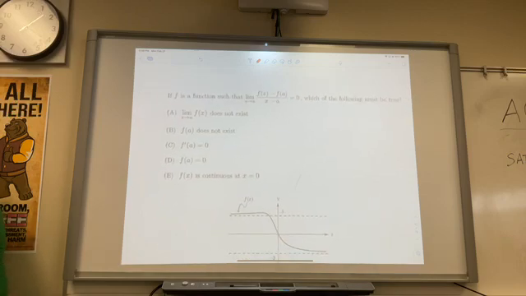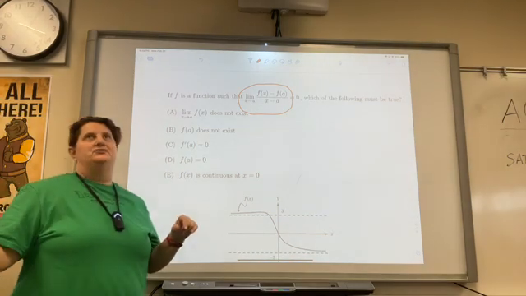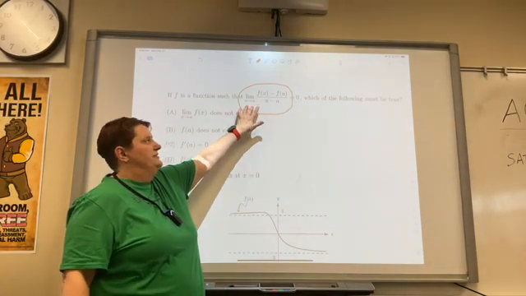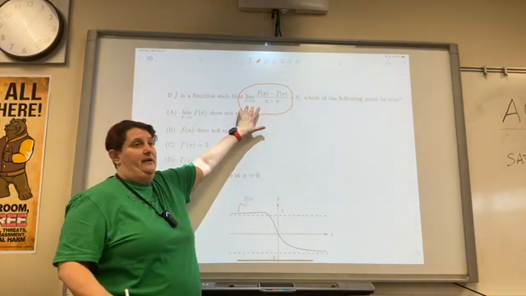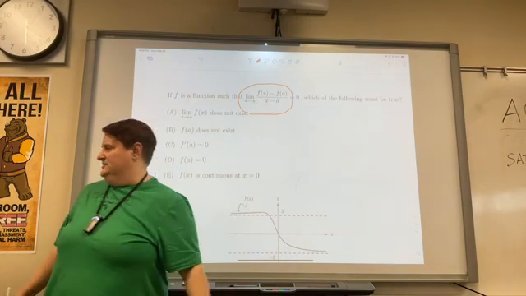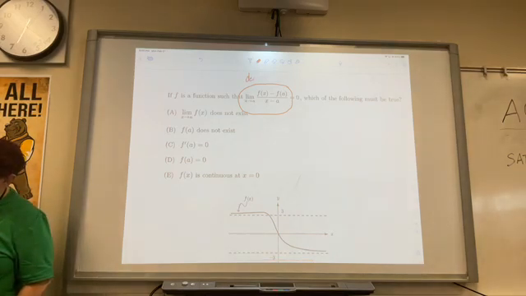Okay, real quick, I keep finding good ones that I want to go over. Look at this one. Again, this is an alternate definition of the derivative form. Instead of going f of x plus h minus f of x over h, it goes f of x minus f of a over x minus a, but it's still the same exact thing. It still means derivative, okay? So I want you guys to change that to something that doesn't look like an ugly limit. So what would we say? That means derivative of f at a